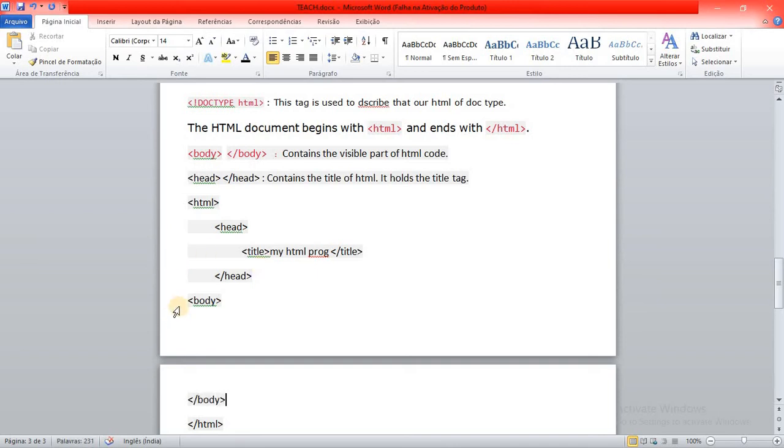But since we are not using the body tag right now, I'm just telling you about the head tag, so we'll not discuss it. But the orientation is this, that the head tag ends, then the body tag starts. And we must use the tab button on our keyboard to follow a proper orientation.